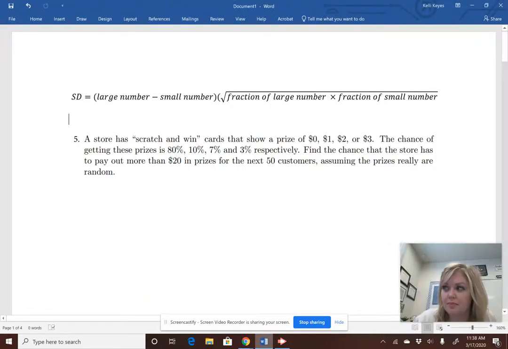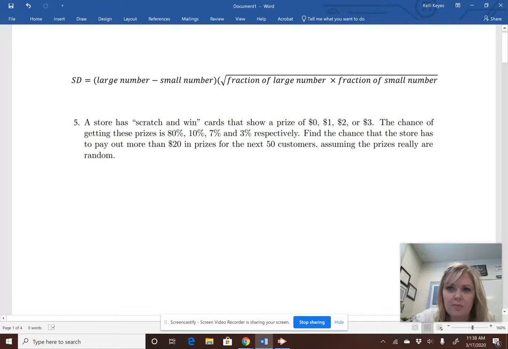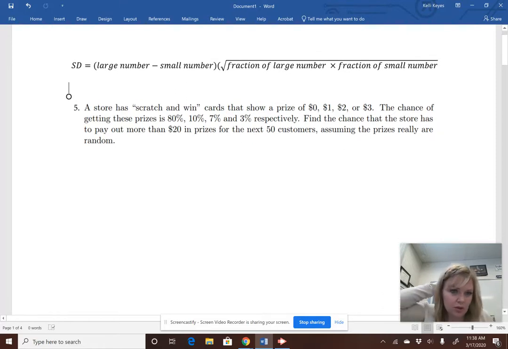I am going to show you how to find the SD with a shortcut, as I promised you I would. But first, I want to talk about the box model that you set up for number 5 before we get into the SD shortcut. So hopefully when you looked at number 5,